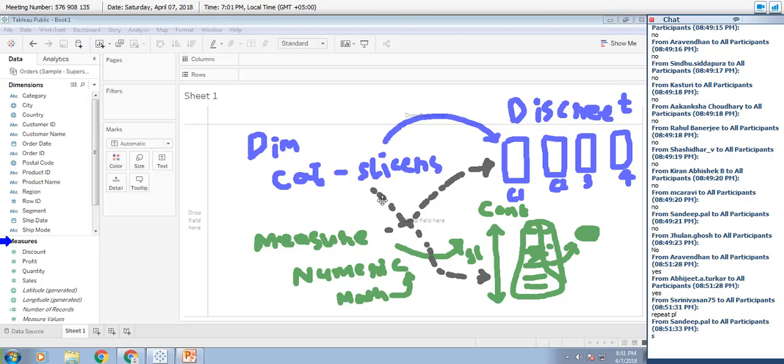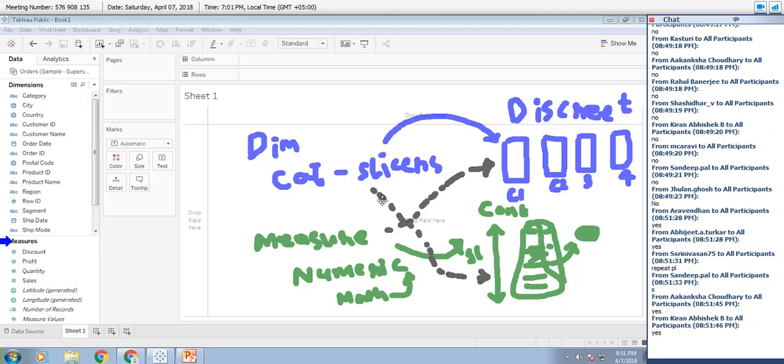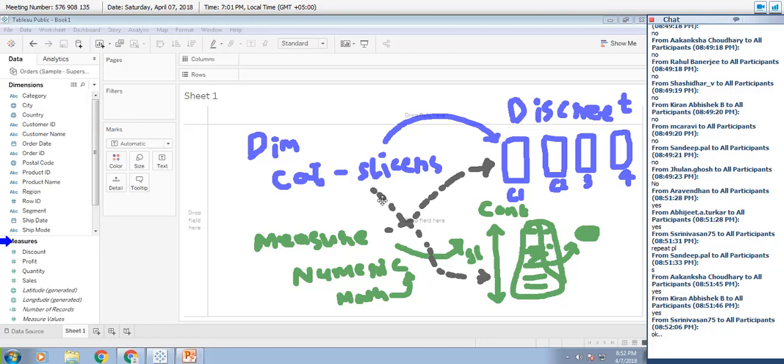Tableau puts your data under two major sections. One is your dimension and one is your measure. All the categorical information will be under dimension, and all the numeric information on which mathematical operations can be done will be under measures. By default, all the categorical information is discrete in nature.